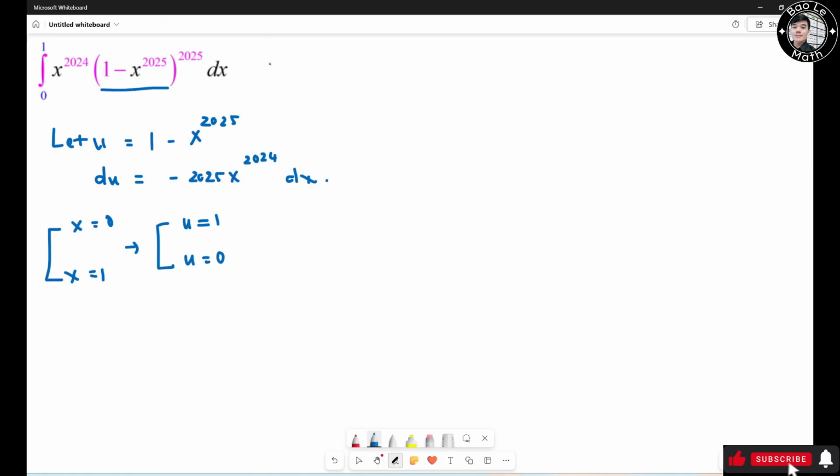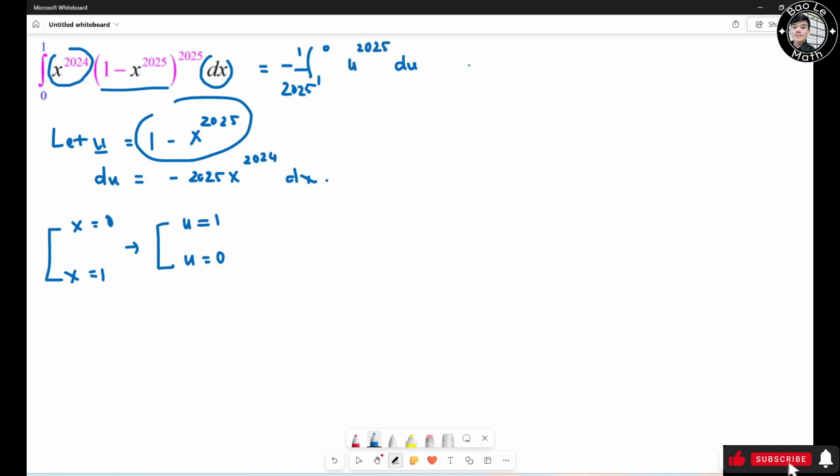So this becomes the integral from 1 to 0. Don't forget the negative sign right here, because du equals this. So you have s to the 2024 ds equals du divided by negative 2025, so negative 1 over 2025 times du. Now 1 minus s to the 2025 equals u, right here, so it becomes u to the